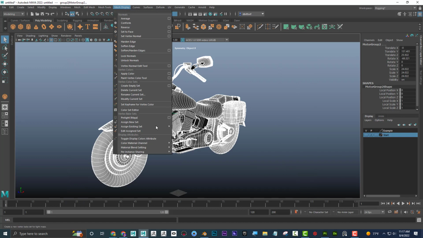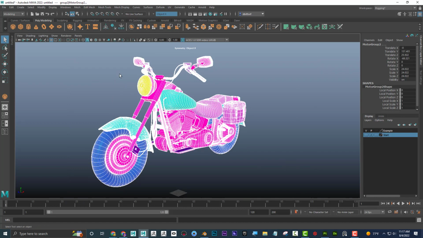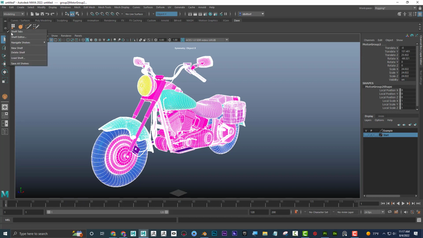And then if I go to toggle, I can toggle between the view of the vertex color and the view of the materials, which is independent of the vertex color. Okay, so I have to remember that. And one thing that you can do is if you create a custom shelf,